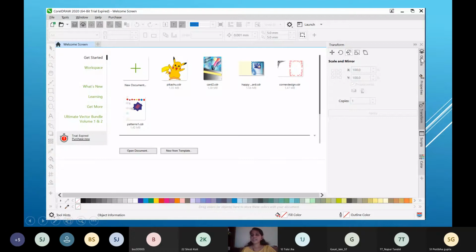Now on the right hand side, whichever object you choose, the object has its own properties, and you can transform it. You can add some scripts to it and you can add color to it. By default, when you click on this color, you will be able to see vertical lines, two lines, 2-3 lines, which decide what the front color can be and what the back color will be. Okay, so open a document, new from template, these options, try to explore all these options.